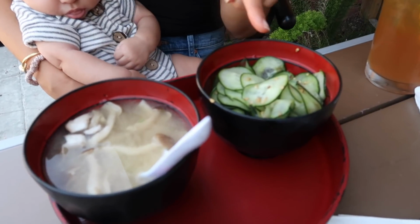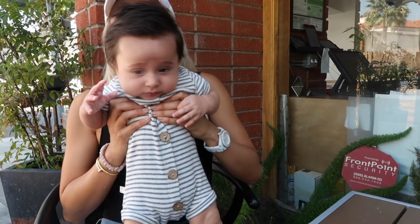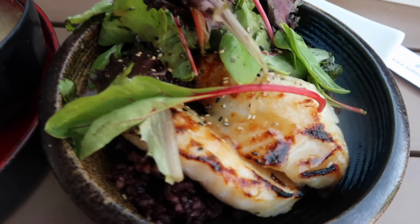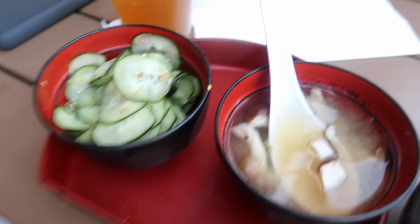It is October, middle of October, and it is so hot in LA, it's insane. Anyways, I'm going to have lunch with my friend Laura. She had a baby boy in the meantime, so I'm gonna go play with him and I will show you what I eat. Here we've got black cod and a green salad with black rice, miso soup, cucumbers, and a